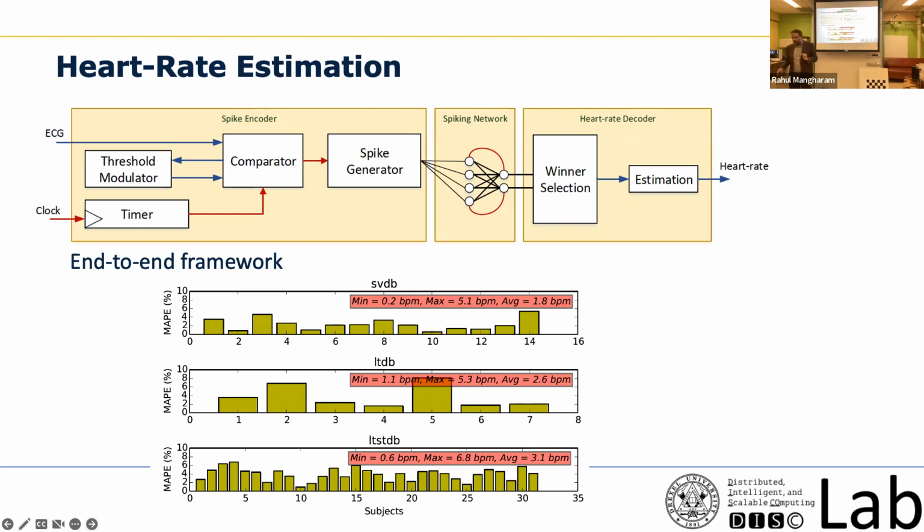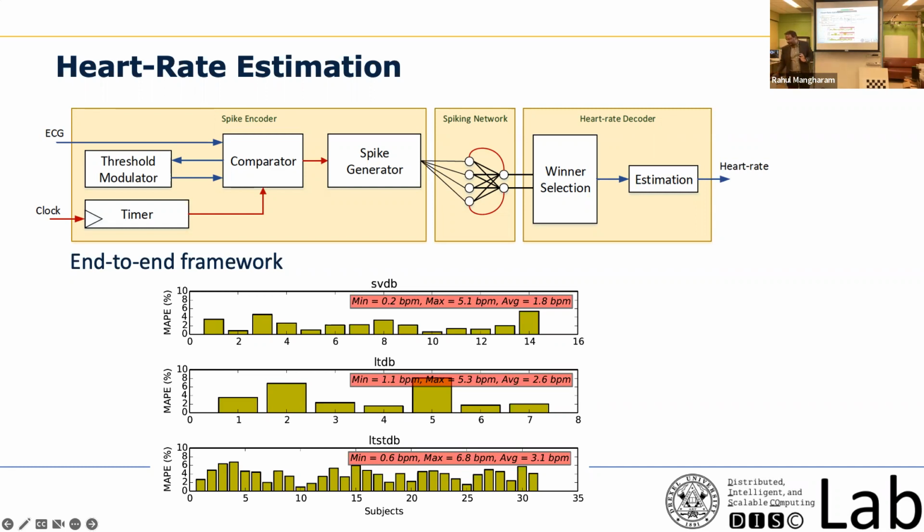Now, here I wanted to mention one thing. You were asking why do we always need ADCs, analog to digital converters? But think about it this way. You have an ECG meter, which is giving you the electrocardiogram signals that are purely analog in nature. From that, if you have to use a spiking neural network, you have to convert that analog signal into spikes. So basically you are building a spike encoder that takes an analog signal and generates spikes in the end, which you can then feed to a spiking neural network. So there are not just analog to digital converters, but there are many other converters associated with this.